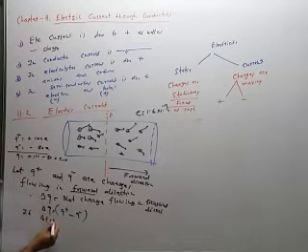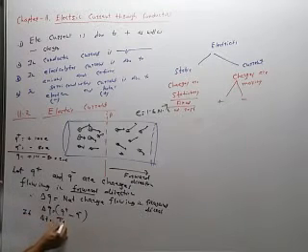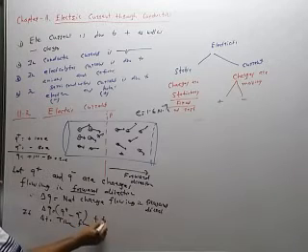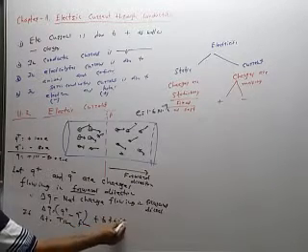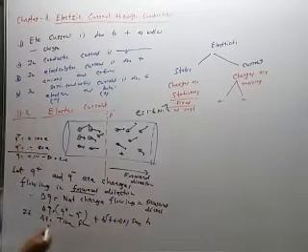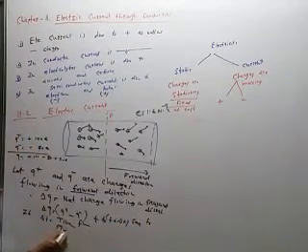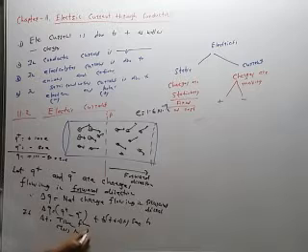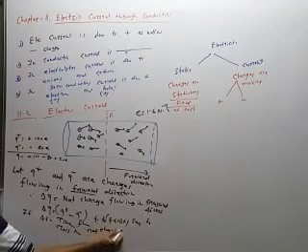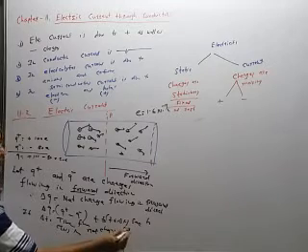So if delta T is the time from T to T plus delta T second to cross the net charge, delta Q through